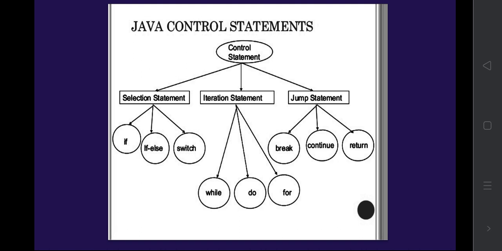Next one is the iteration statement. Iteration means repetition. We are doing some work again and again. That is called an iteration statement or looping statement. Here generally we have three types of loops: while loop, for loop, and do loop. These loops execute the instructions again and again based on some condition. So while the condition is true, do something again and again. Likewise, do some statements again and again while a condition holds. Otherwise, for i equal to some condition, repeat the statements again and again.